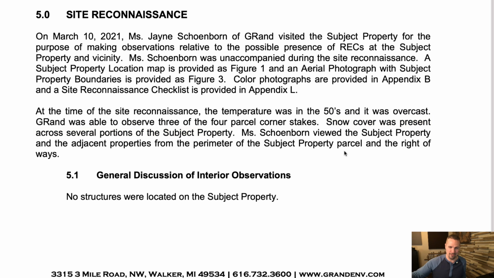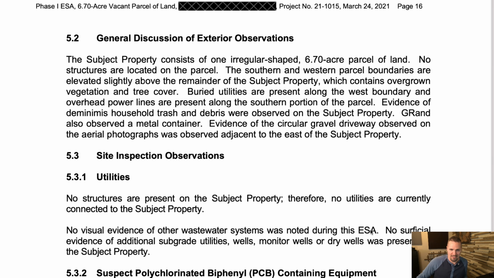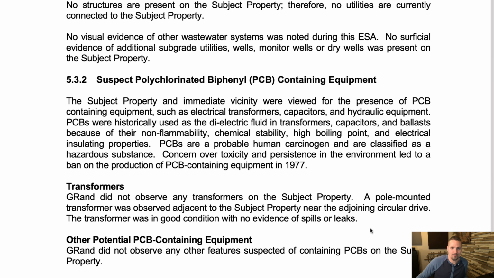It actually made me wonder, for properties in Alaska or northern Michigan or northern Minnesota, places where there's like several feet of snowfall, I don't know what they do there. If they just can't do these things in the winter or what. But anyway, that can be an issue if there's so much snow they can't see the ground. But that was not the case here. Just kind of explains what happened and what she saw. And again, just more narrative on that and the things that came up there.